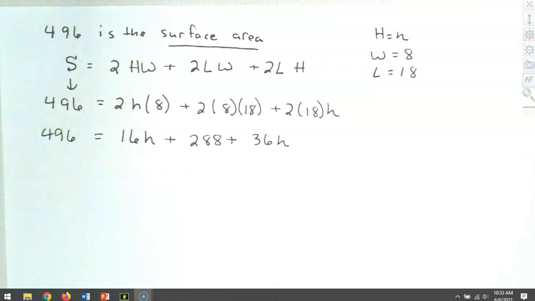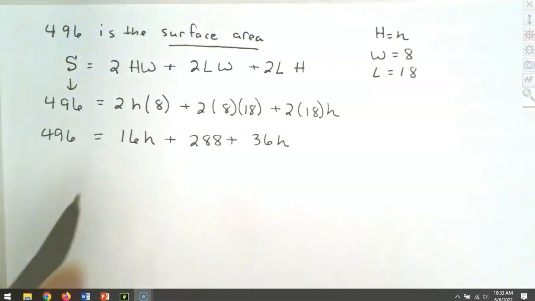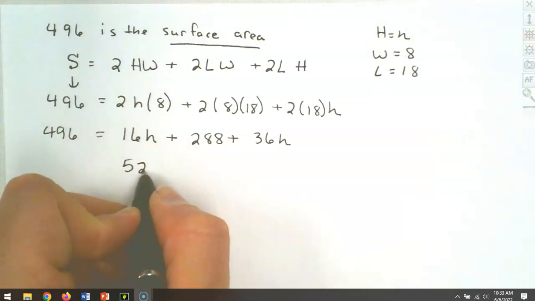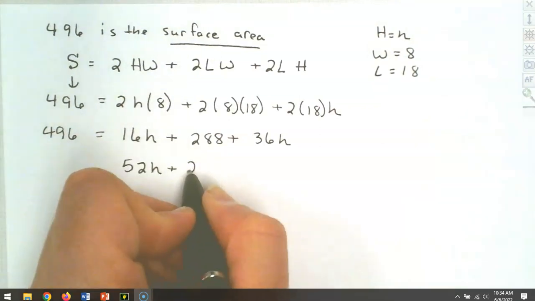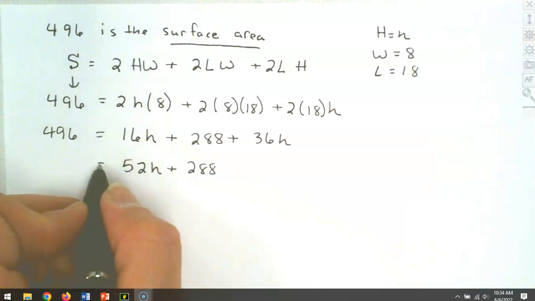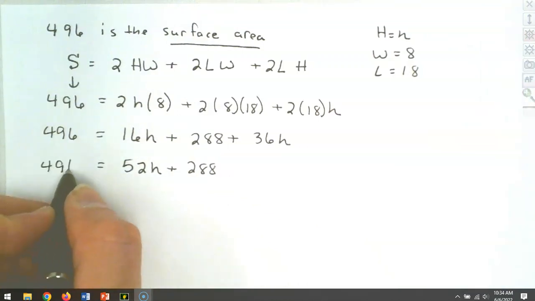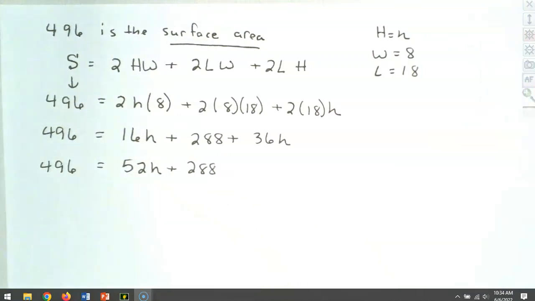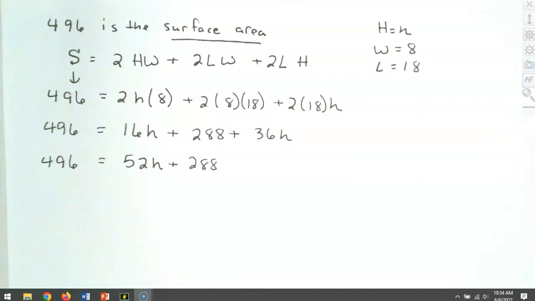Go ahead and combine the h's together. So 16 and 36, well, that makes it now a 52 H plus 288 equals 496. If I'm going too fast, just be sure and say something. Now that we have the correct formula, we're plugging in the correct values, and it should come out to be